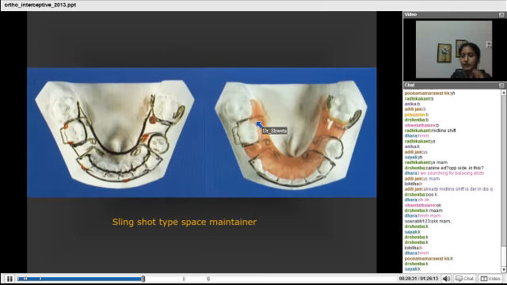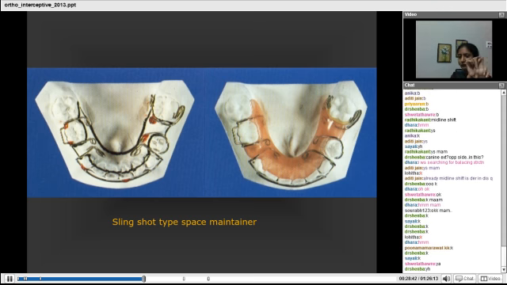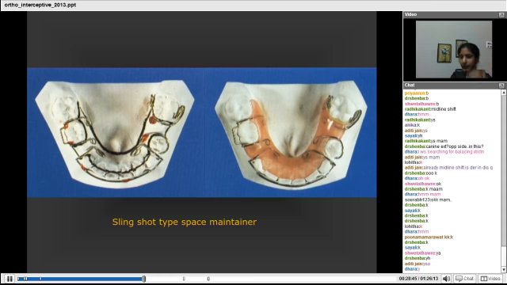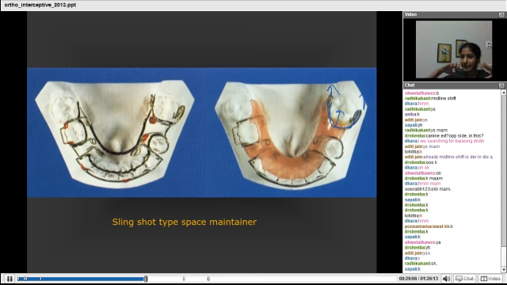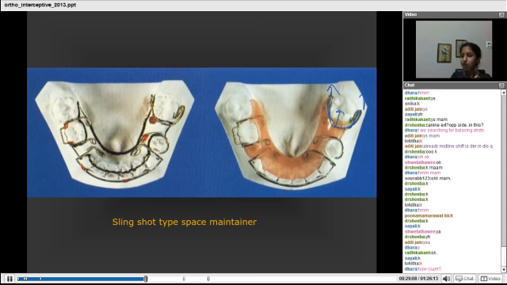Now these are removable ones. This is a slingshot. Now what is a slingshot? You know catapult. You must have played in school with a rubber band and a piece of paper, that's a slingshot. It's a catapult. So this is something like this only. This is your catapult over here, and it is applying pressure. Because of the pressure, it is getting pulled in this way. The pressure is this side. So your molars are easily distalized, creating space. That is a slingshot. Clear?